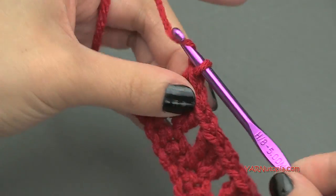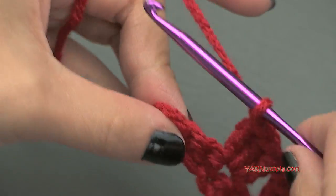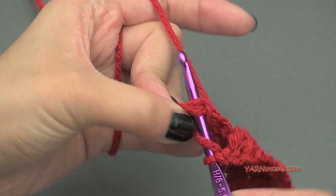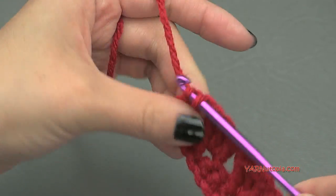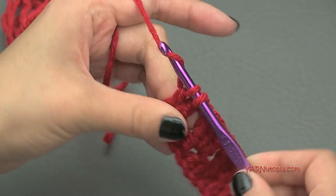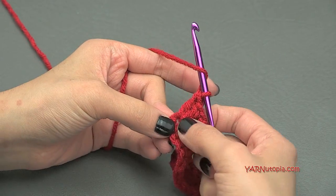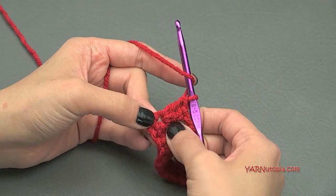Okay, then chain 1. And we're going to go in the very last single crochet of this row, and we're going to put 3 double crochets in there. But on the third one we are going to change color. So I'll show you that in a second. So I have 1, 2, and now when you're going on your third double crochet on this stitch here,